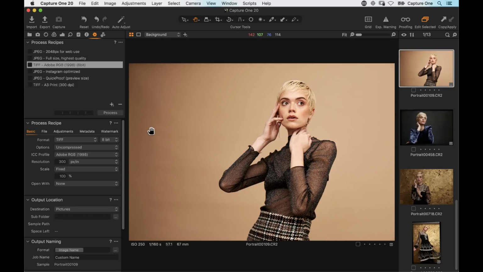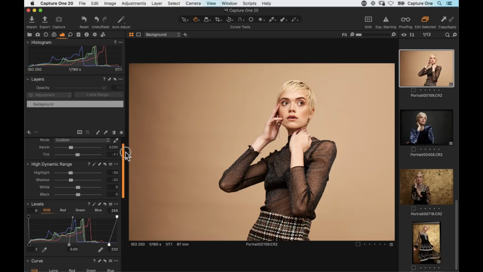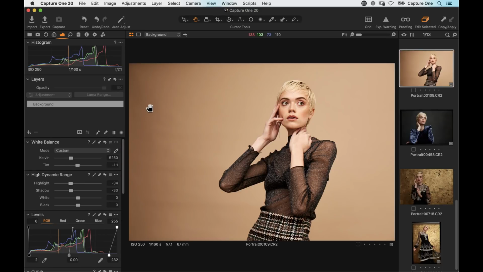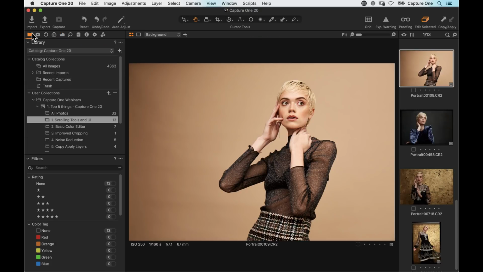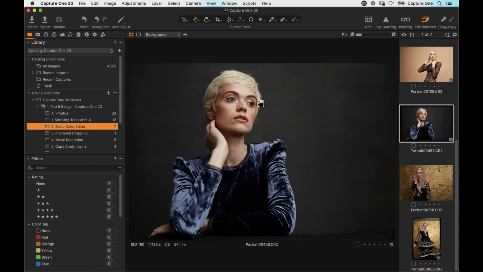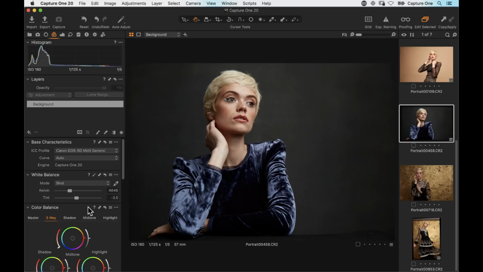So that brings sort of all the various little UI tweaks that we've done, the biggest of those being the scrolling tools, of course, which just makes navigating much quicker. All right, let's move on to some of the new tools, which is where it gets more exciting. So let's have a look at the